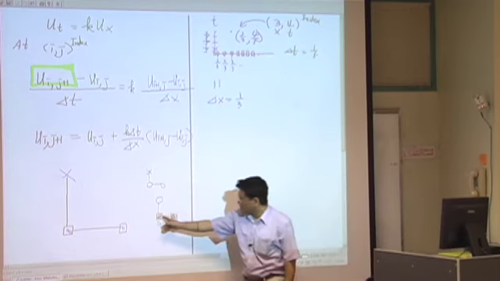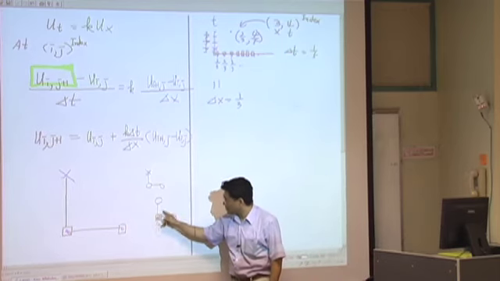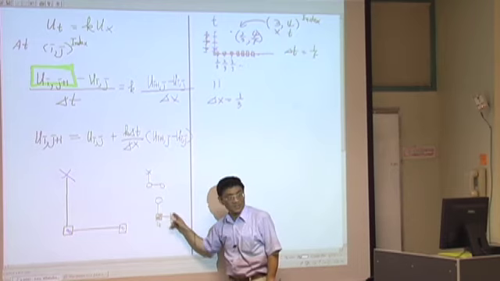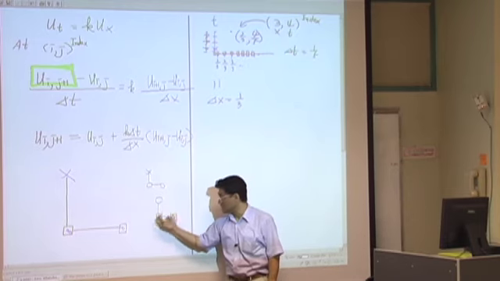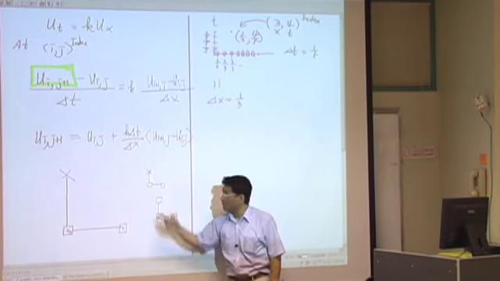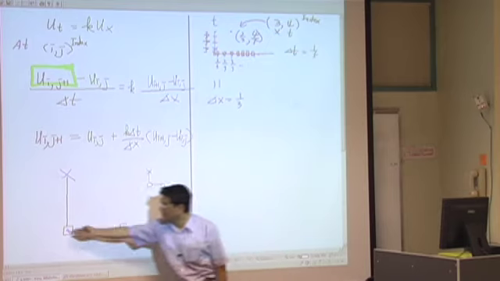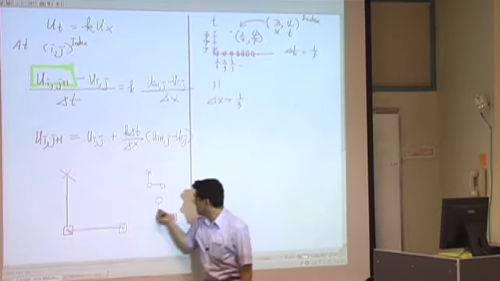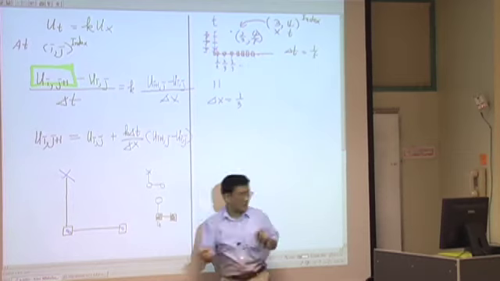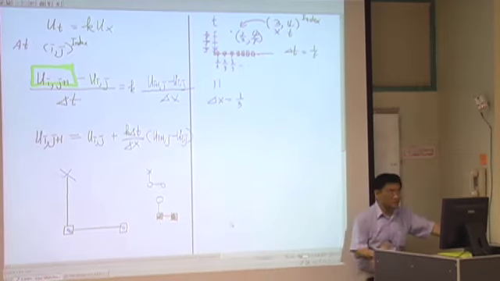So for this x derivative and this t derivative, I used this kind of thing in the forward direction. Then as you can see, these numbers are known, this is unknown. These are known, this is unknown. Because these are known, we can determine it. So I will track down the